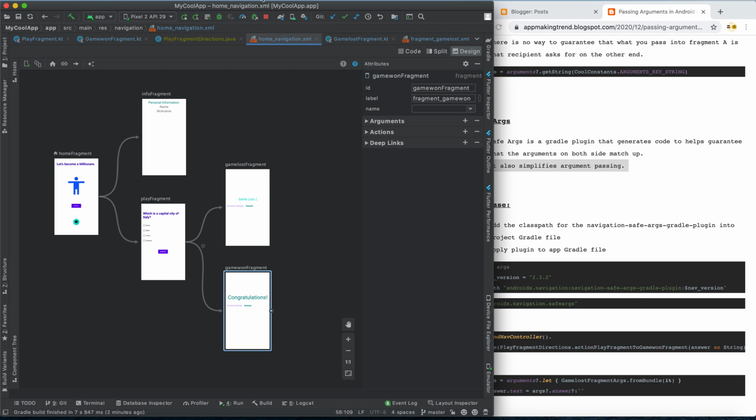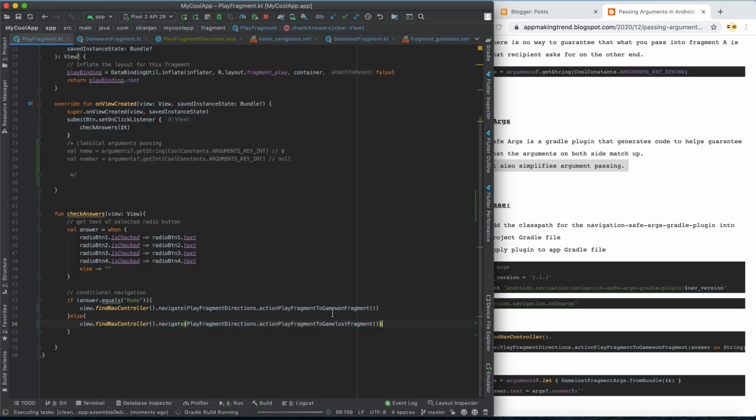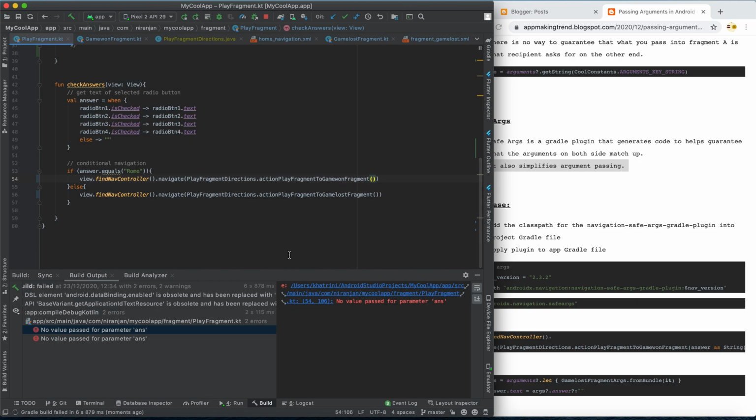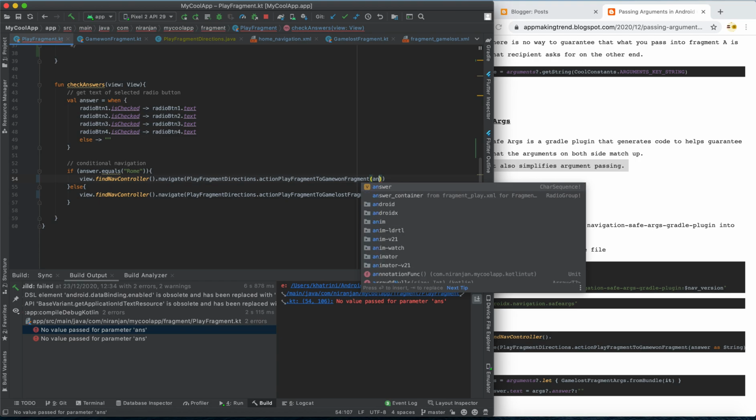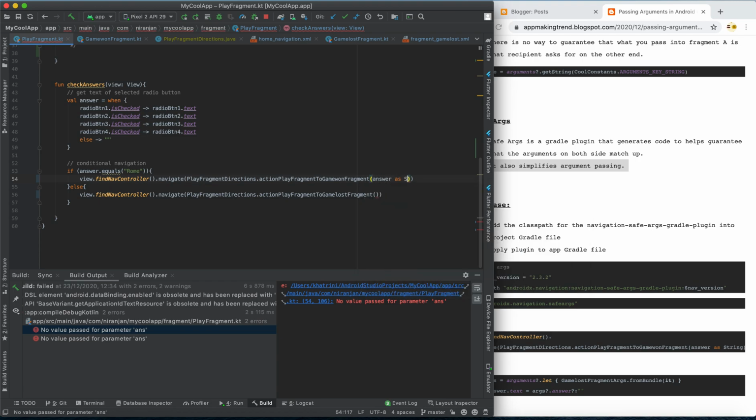Then the second thing you have to do is rebuild the project, because when you pass the arguments, it will give us the error because it needs to get the arguments. If you see here in the error, no value passed for parameter answer, that is the argument is passed in this way. So I will pass the argument pretty easily. Answer is, yeah, pretty easily. You see, you are passing the arguments here. It's a string,